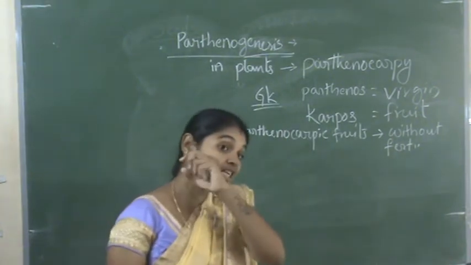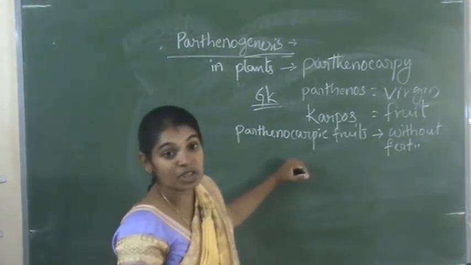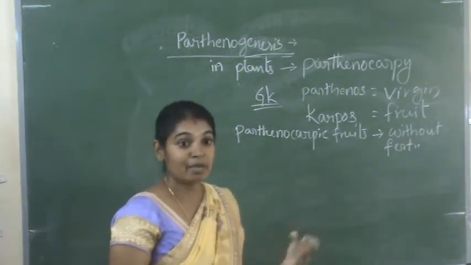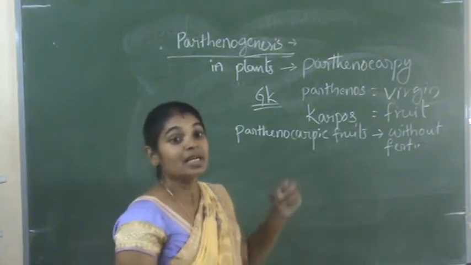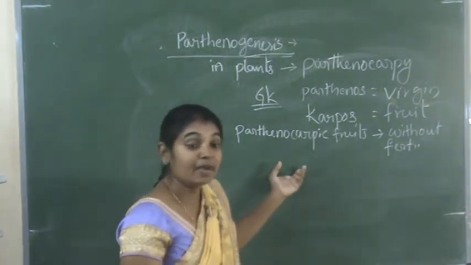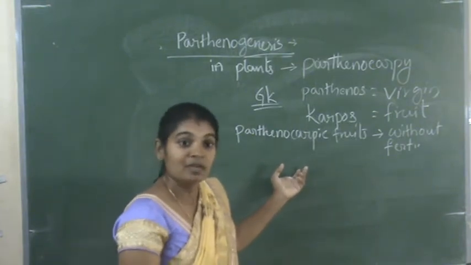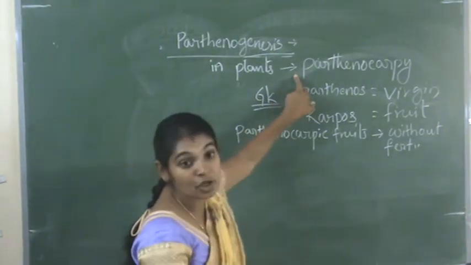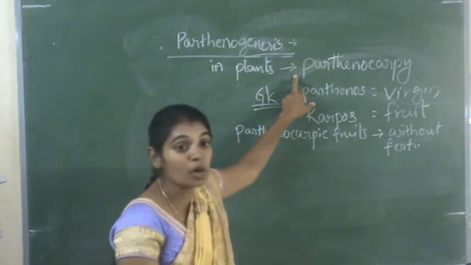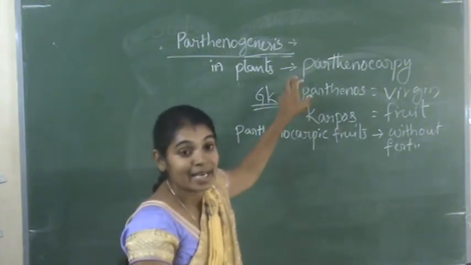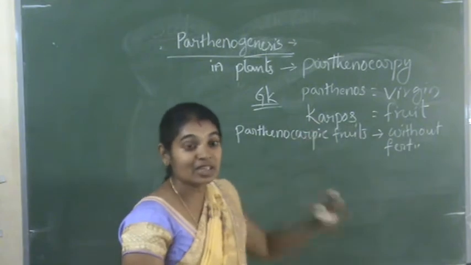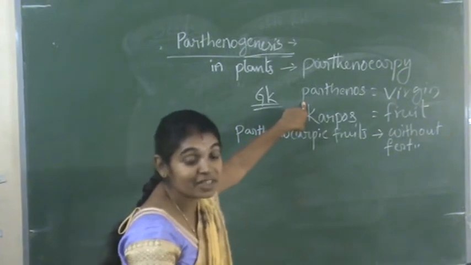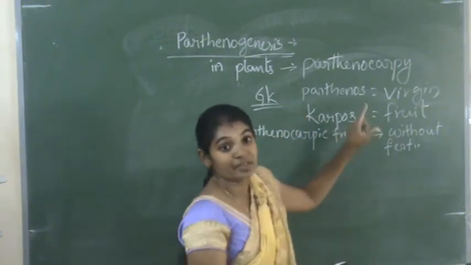In normal sexual reproduction, the normal fruits are developed from fertilization. If fertilization takes place, the male gamete and egg cell fuse, the zygote is formed, and the ovary develops into the fruit. That is in normal sexual reproduction. Parthenocarpy is a mode of asexual reproduction, because asexual reproduction involves no fusion of gametes. Here also fruits are formed without fusion of gametes.